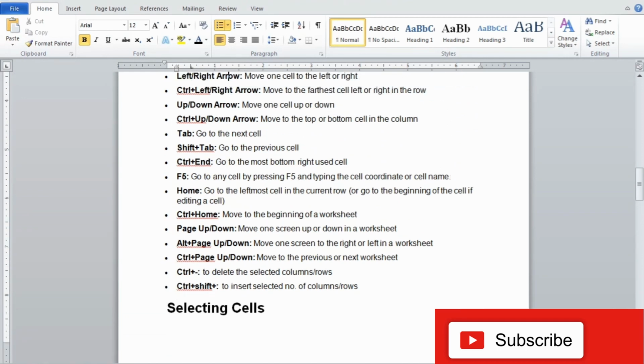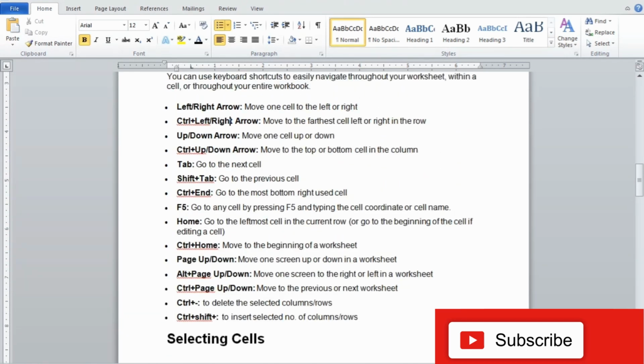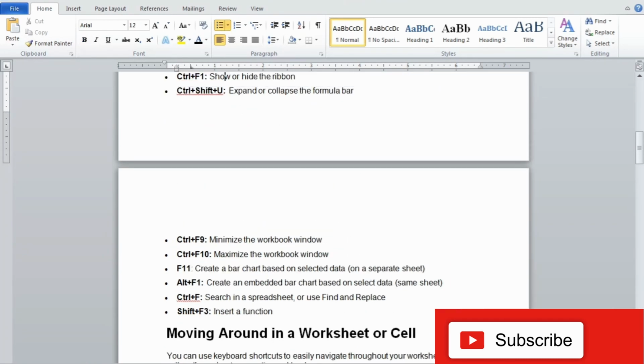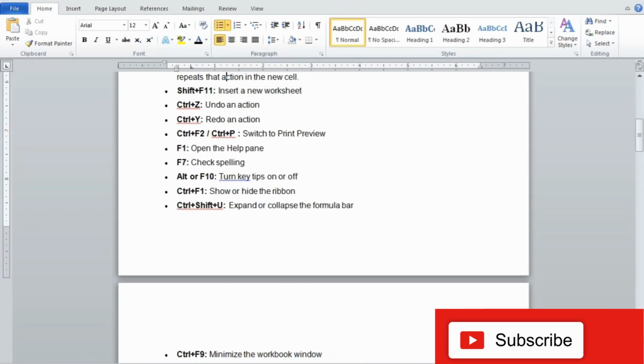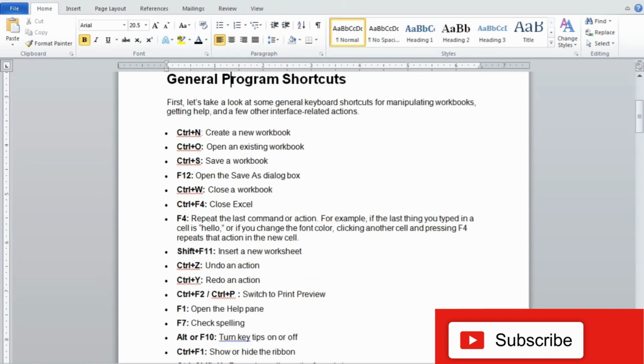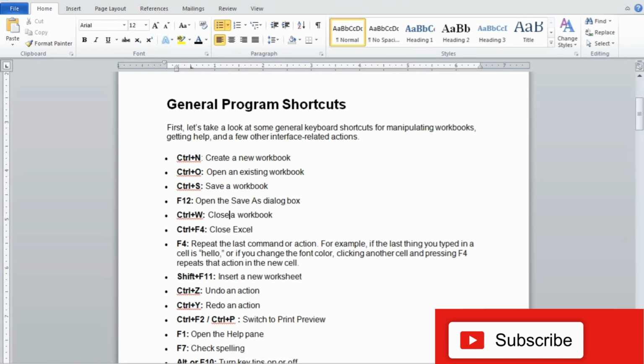In the same manner, moving within the worksheet using up and down keys, using page up and page down keys, with the combination of alt or with the combination of control. So side by side, slowly and slowly, we can remember all these shortcuts. Minimizing and maximizing, there are so many things which we may not use in our day-to-day life, but when we get into touch with these commands and remember them, things become so much easier for all of us.